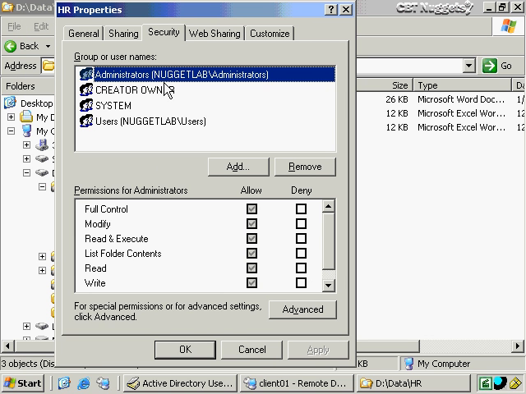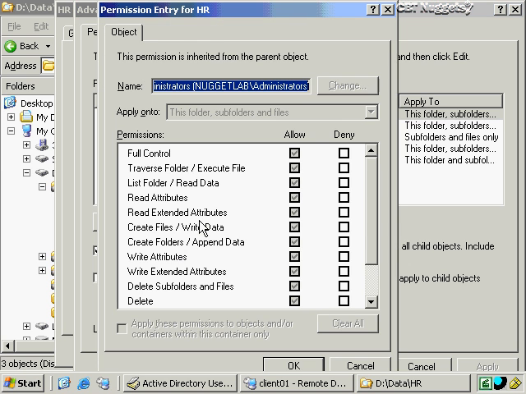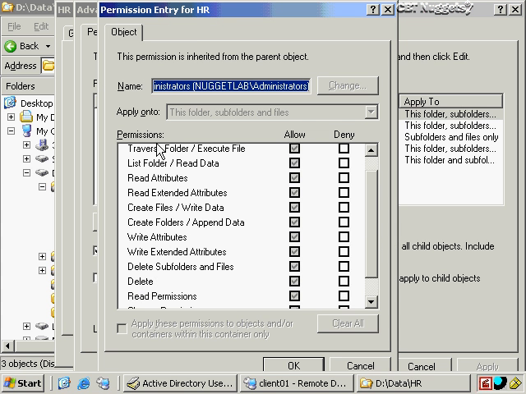Now also, a while back I mentioned that all these are really collections of settings. For example, read is not really read, list is not really list, it's really a collection of additional settings, and you can look at those if you click on advanced and then go to a user or group selection here and then click on edit. So for example, administrators have full control, which we see,